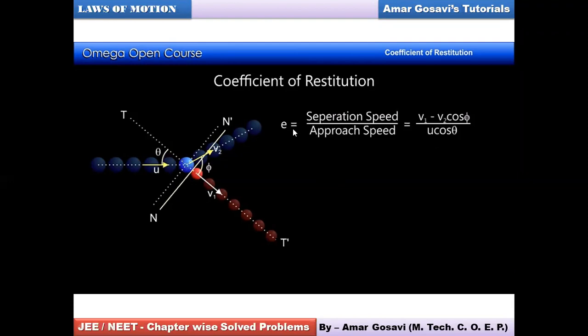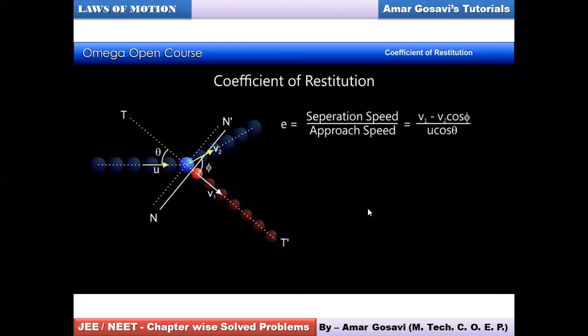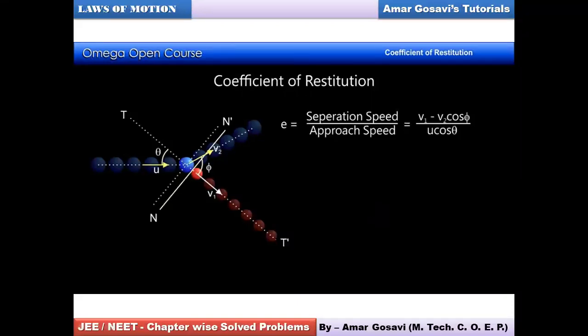So now the same formula for such a situation is interpreted as V1 minus V2 cos phi upon u cos theta, friends. Hopefully you have understood how the same formula is being interpreted for this type of situation. Please share your feedback in the chat section. I also assume you have understood this, and make a note of this. The diagram is making things pretty clear, I believe. Please let me know once you're done with it, and tell me if you are comfortable dealing with this.